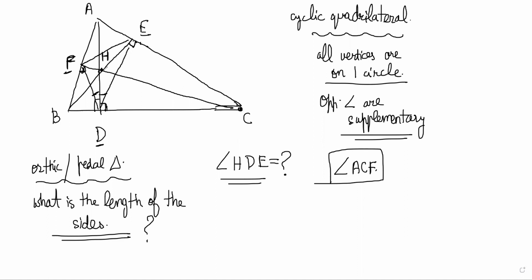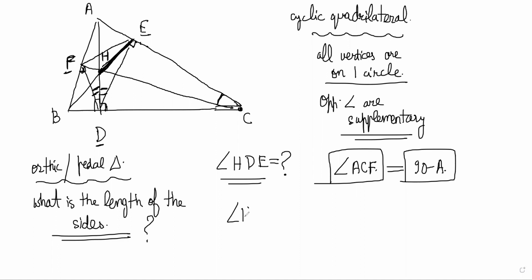So in that cyclic quadrilateral, notice that HE is a chord, right? So the HE chord is subtending one angle here, so it will subtend the same angle here, because it is cyclic. 90 minus A. So that will be equal to 90 minus A, right? Is everyone understanding why this angle is 90 minus A? Yes, sir. Similarly, this angle, you will find out is also 90 minus A.